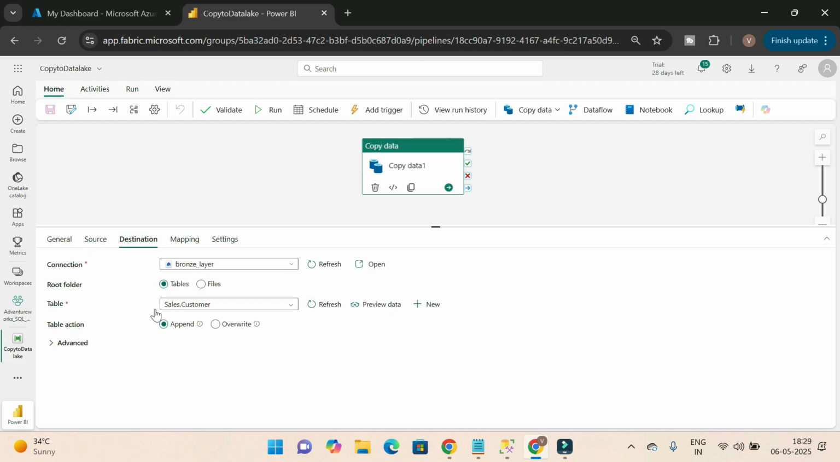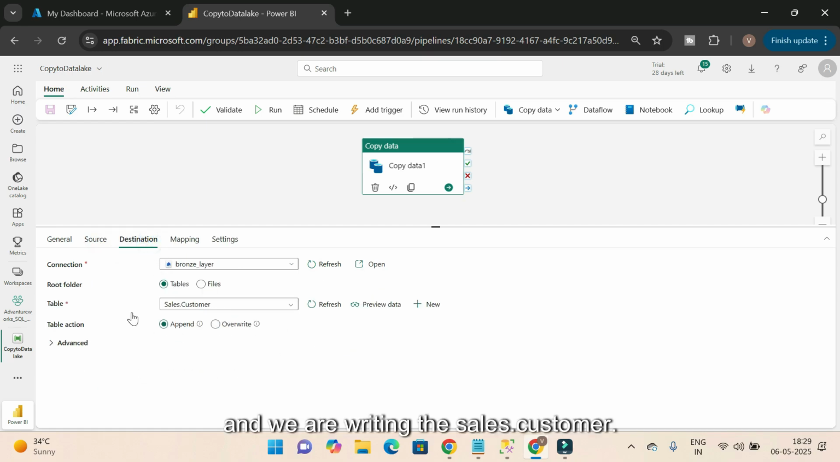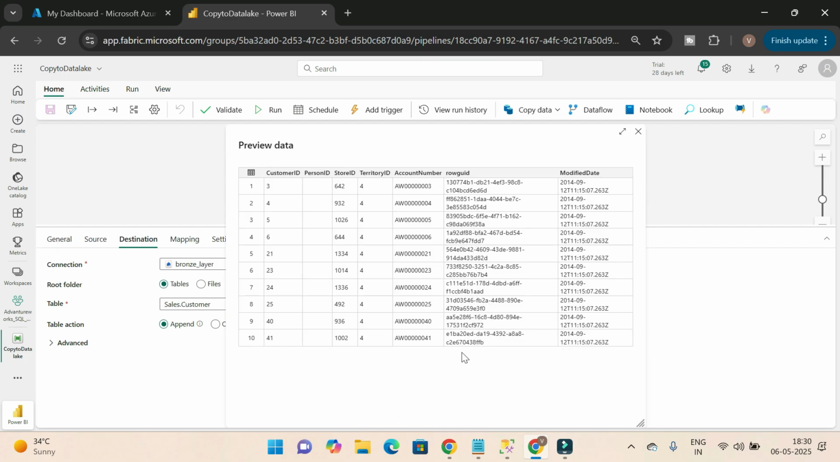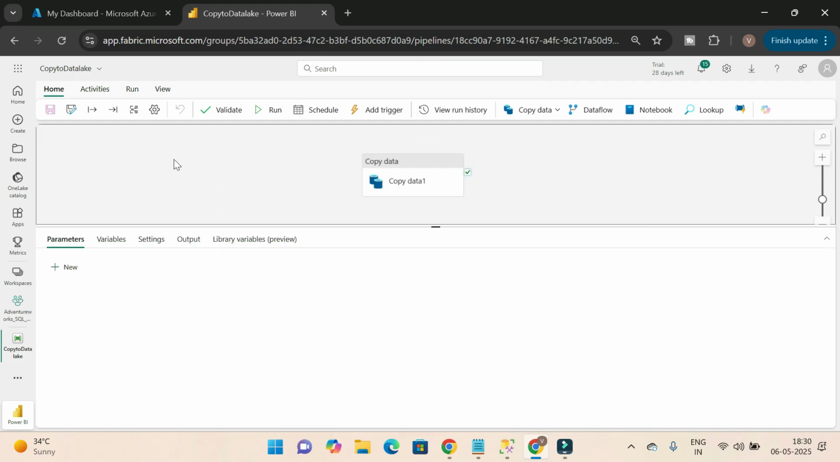See, we were writing a single table. We were reading a single table from the database Adventure Works. And this is the table sales customer. And we are writing the sales customer. You can quickly click on preview data. Here we go. Here we have 10 records that you can see in the preview data, right? Now, as I mentioned, our goal is to